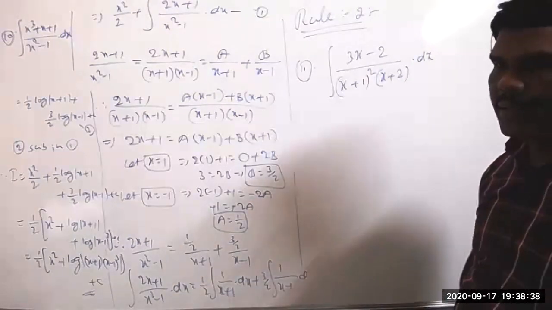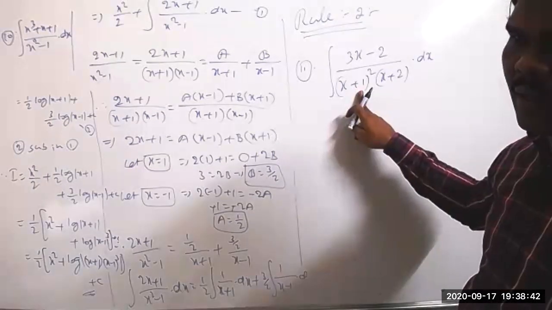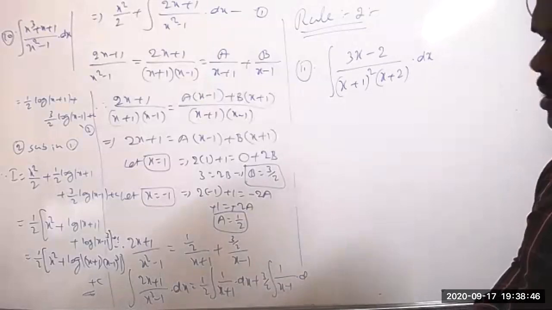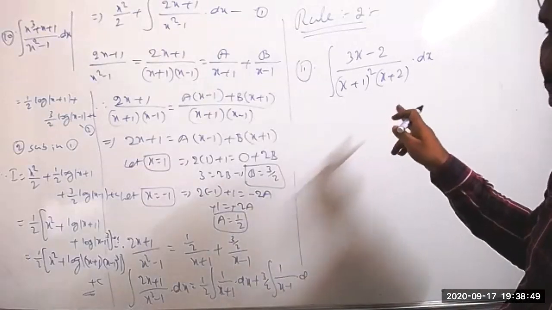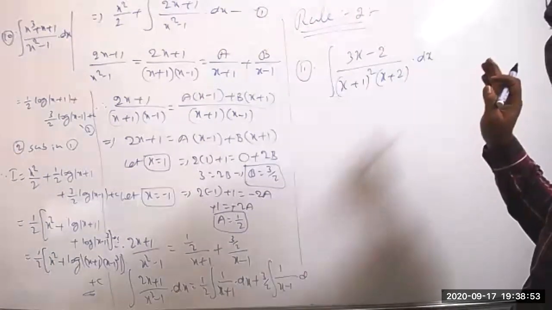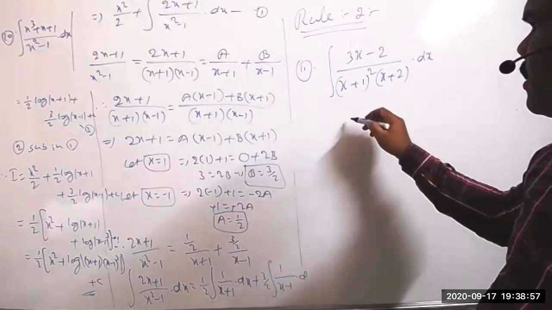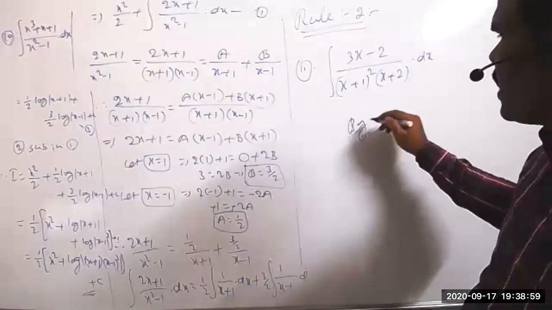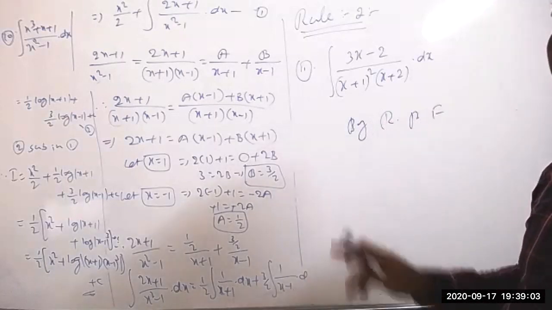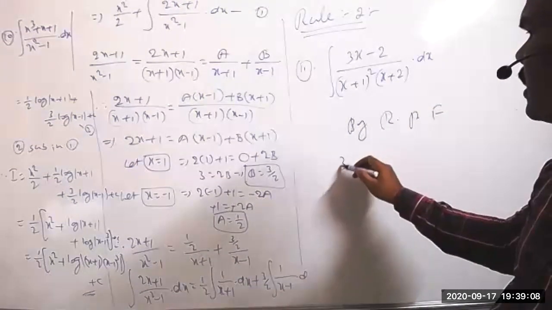Okay. See now, in the denominator x plus 1 whole square. That means here now x plus 1 will be repeating. So this we call the given function, denominator will be repeating, and we have to resolve into partial fractions. Then we know very well that, the same thing, now by resolving partial fractions, RPF. RPF means resolving partial fractions. Then how are we getting this value?